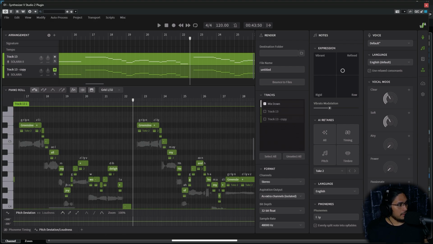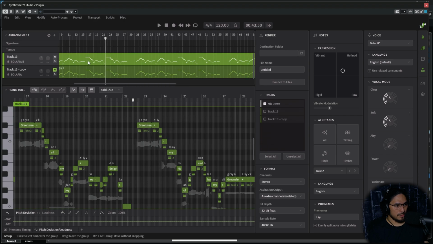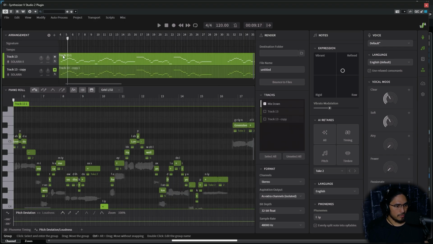But looking at the vocal, let's just take a listen to it, right? So we have it here on this top section, and we're going to click here so we don't have to go through my DAW. If we go right here to the very beginning,